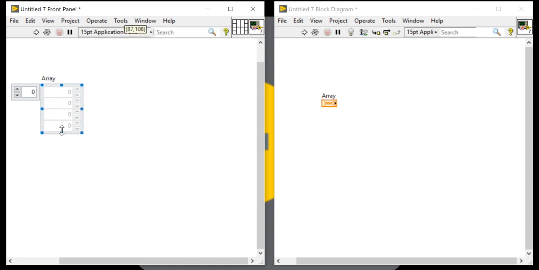Now I am writing three digit numbers. Two. We can drag it and we can write more numbers. Now I want to write a program to calculate the average of all the four numbers.